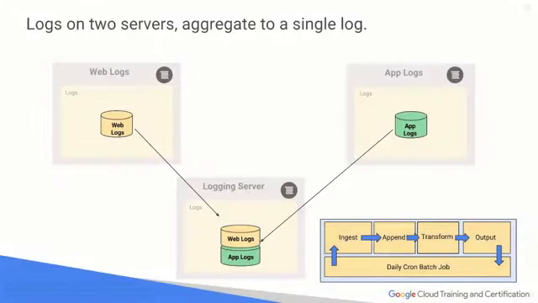So in this case, we have logs on two servers. We're going to aggregate them into a single log. So the solution here is to design a logging server. This server will accept logs. Perhaps we're just using syslog, Fluentd, or something else like that. Maybe even Kafka, right? So in this case, we're going to create, let's call this a Python script. We're just going to whip something together.